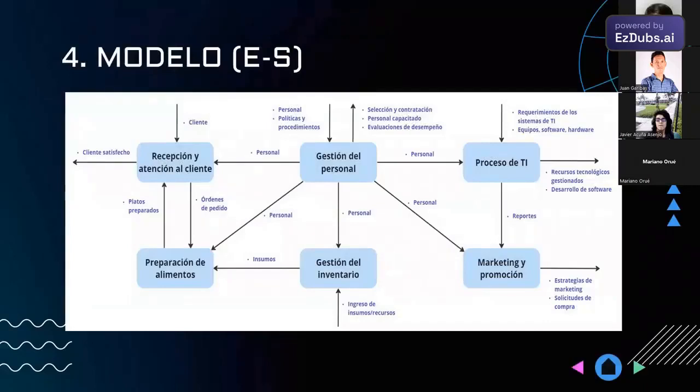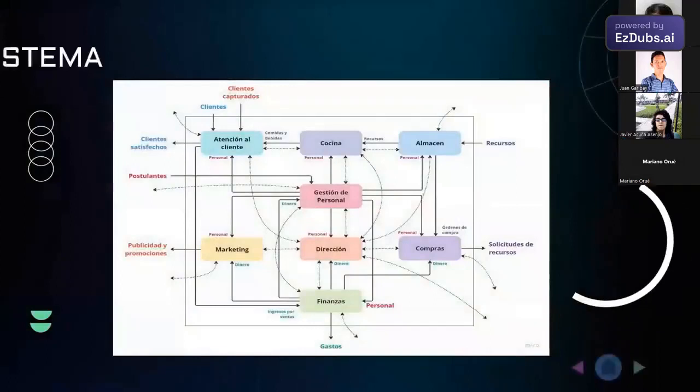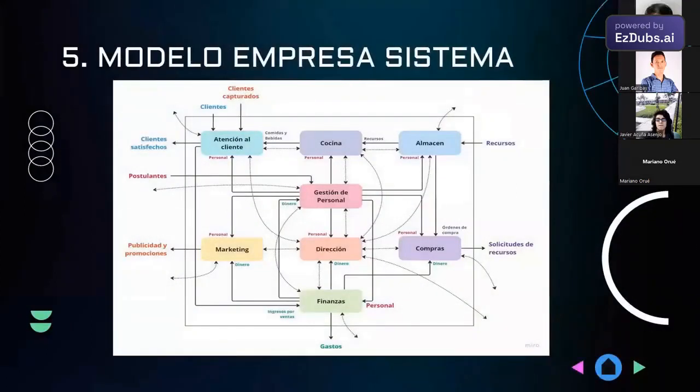Following. Now we present our input and output model. Among what we would highlight is food preparation, since this is what is directly going to be shown to the client. It is the product that they are going to taste, and it has to be very well aligned through the other processes in their inputs and outputs. Following. And we continue with what would be our model, company, and systems.